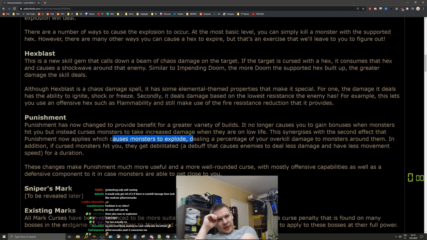They one-shot them anyway, so you can't really see the effect. But there's still, if you one-shot them, that makes overkill damage, and that causes the explosion. So if the monsters were actually exploding, the corpse shouldn't be there. But it definitely looked like...